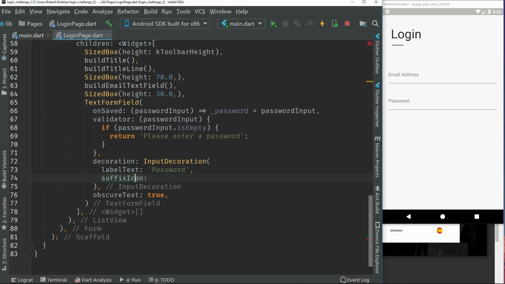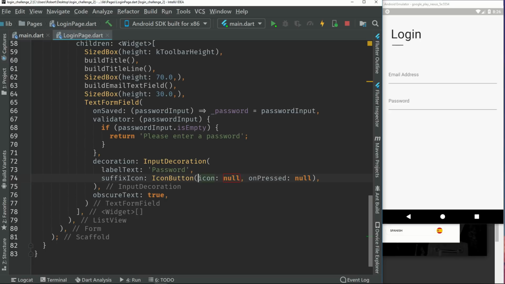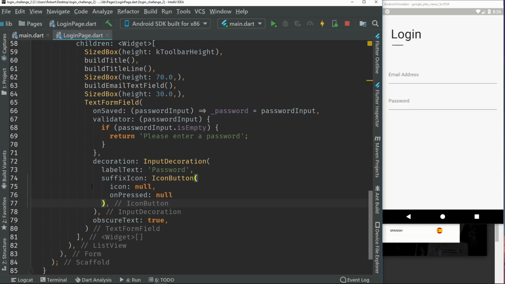And there we go. And suffix icon, if we look at this again, we can see that it takes a widget right there. So for the widget, we will have an icon button. Just format that. And for the icon, we will just have